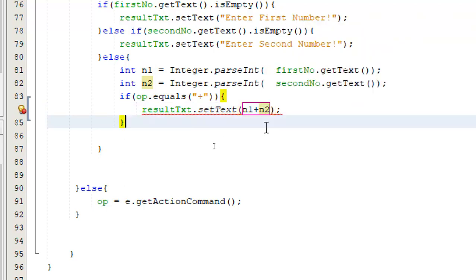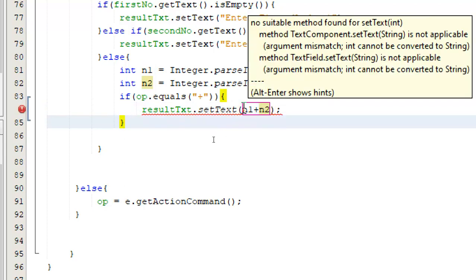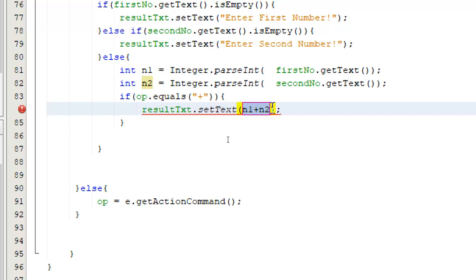Now the problem with this is I am setting it as a text. When I add two integers, I get an integer. So I have to convert it to a string. The easiest way to convert them to a string is, I go here and add an empty string to it.